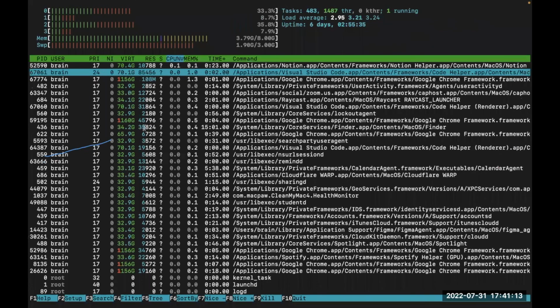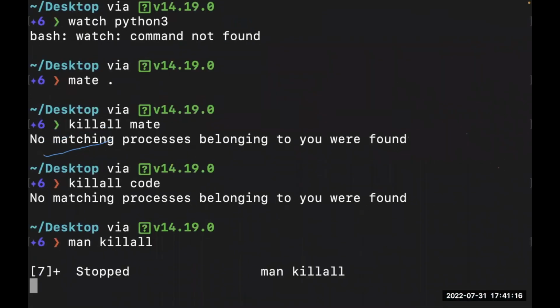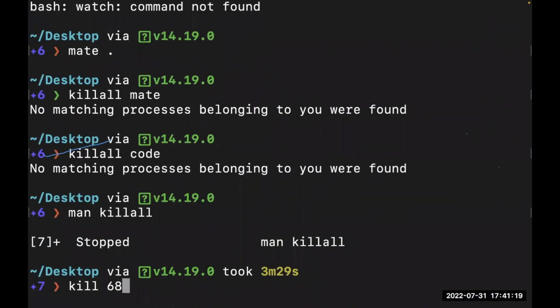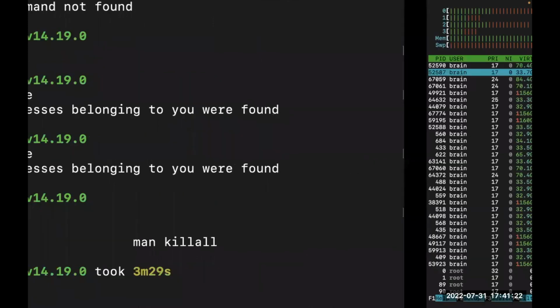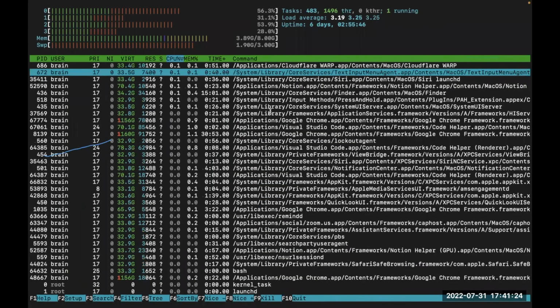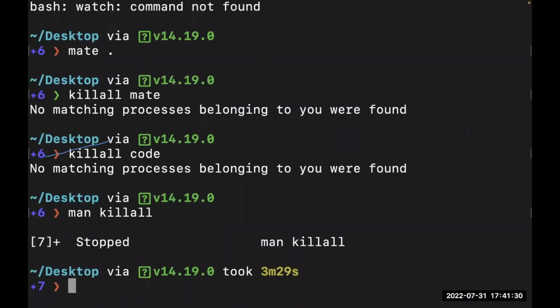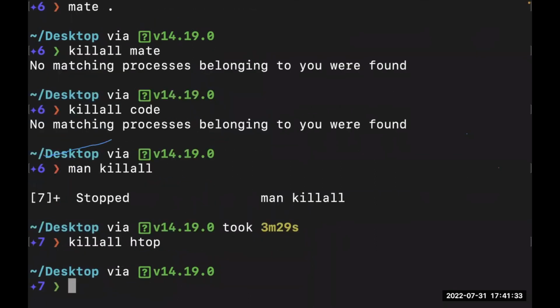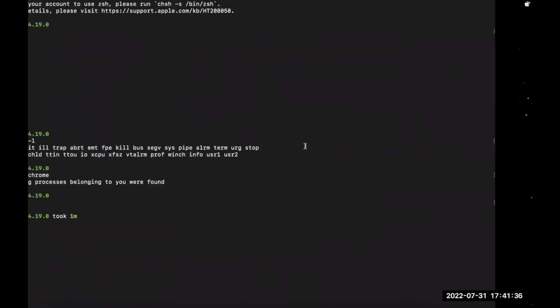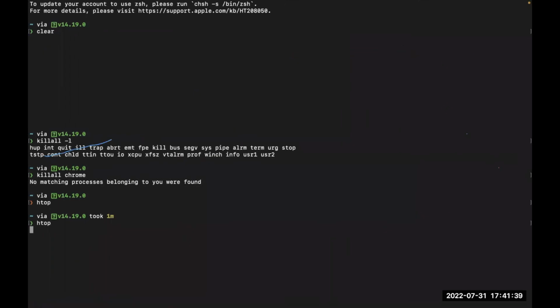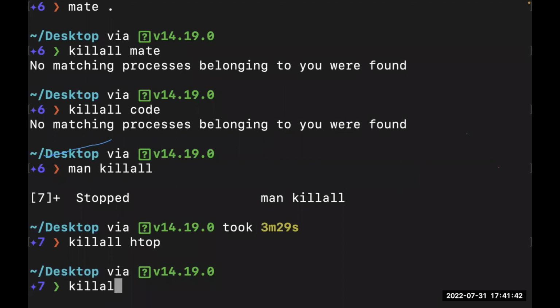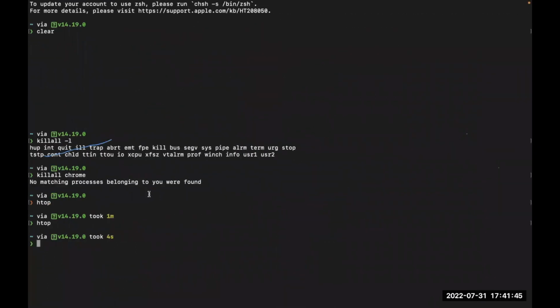But I'm not going to run that. Using the kill command, you can actually use kill with the PID. I don't want to kill my Chrome browser. Killing it does not mean it's gone forever; you can always spawn up the application again. And killall is expected to actually kill. So let's see, killall htop. So yeah, that worked for htop. I just killed the htop process that was running here. So I have htop again, and I say killall htop, and that kills htop. So probably the process name for VS Code is what I'm not getting right. Please try it on your end and let me know.